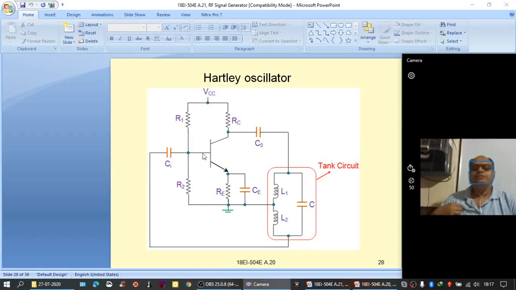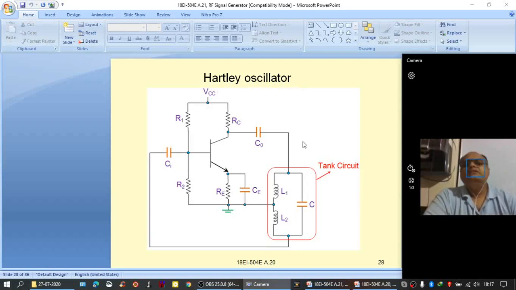As the number of cycles progress, a portion of the tank circuit output is given as input, and that input is multiplied or amplified a number of times. As the cycles progress, the tank circuit produces a high frequency signal with considerable amplitude, and that signal is used for external applications. And here the Hartley oscillator is used to produce high frequency signals.